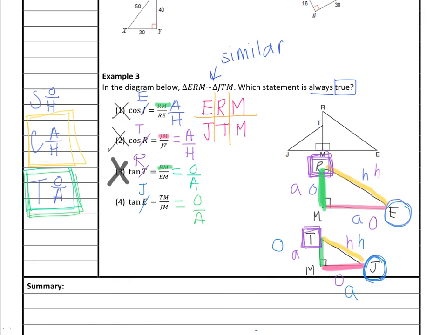So looking at this, I need opposite of J to be TM. And in fact, if I look opposite of J, what do you know? I do get TM. That matches. Woohoo! 1 for 1. Now, tan is opposite over adjacent, so I need my adjacent side to be JM, and again, woohoo! JM is my adjacent side, which means after this is all said and done, choice 4 is your final answer. So if you look, that question just took us 8 minutes alone to do just the one multiple